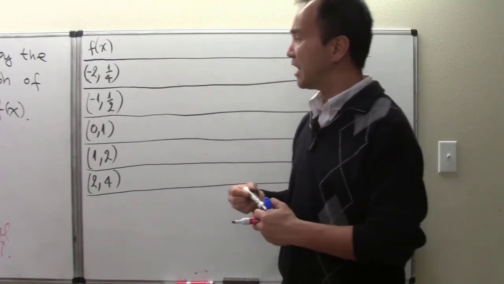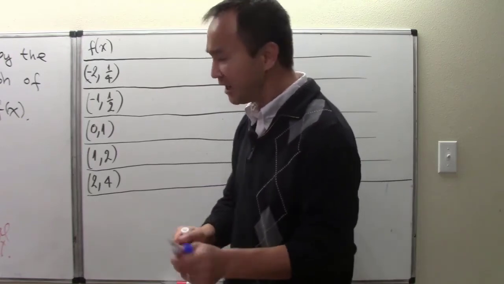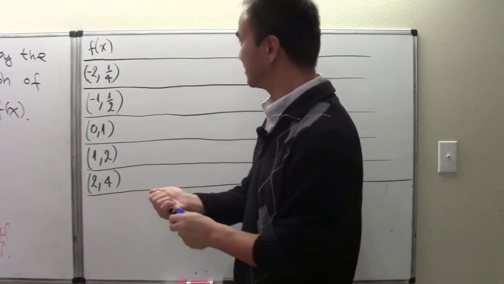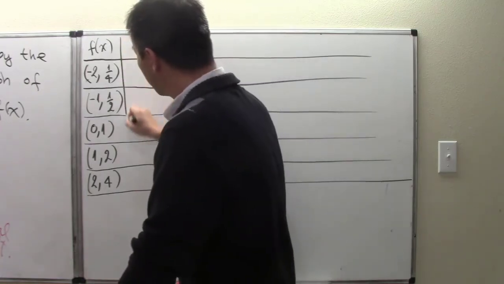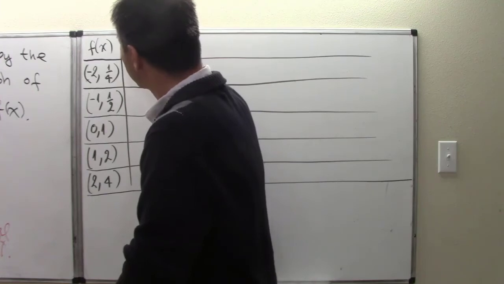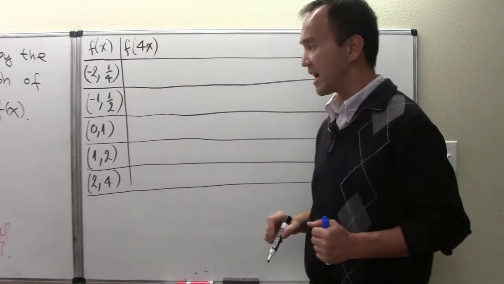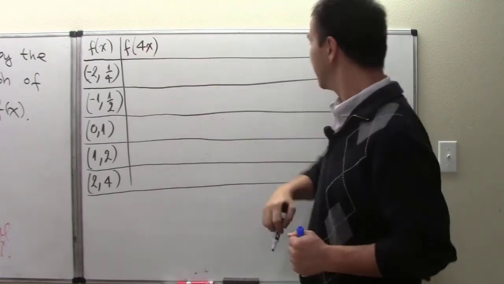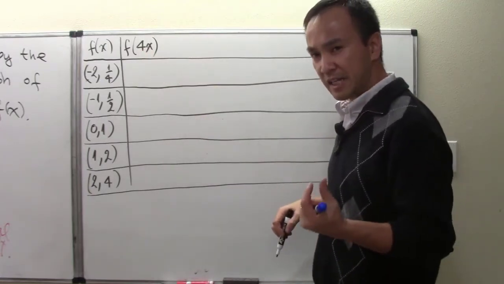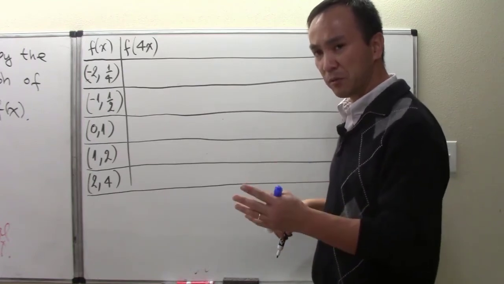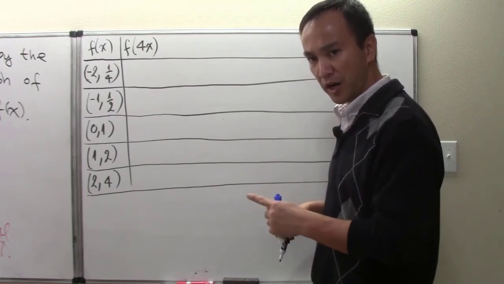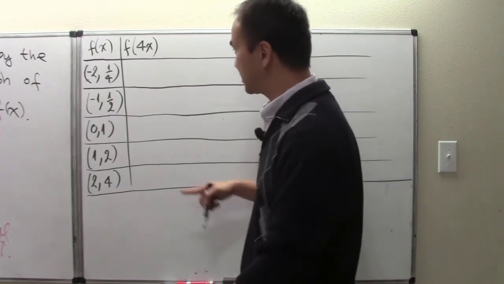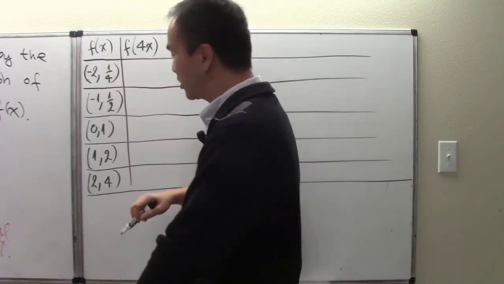Now from that list of the guiding points, I'm going to start applying my first transformation step. For my first transformation step, I need to do f of 4x. So this is my a. Every x value must be multiplied by 1 over a. Every x value is multiplied by 1 over a. So that means the first point here is transformed into